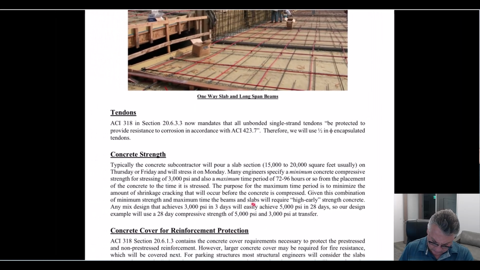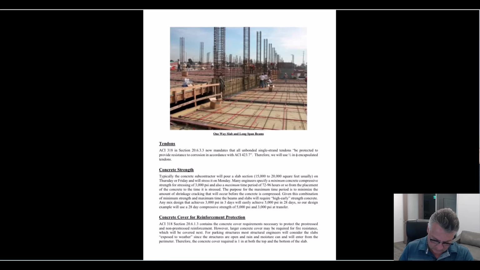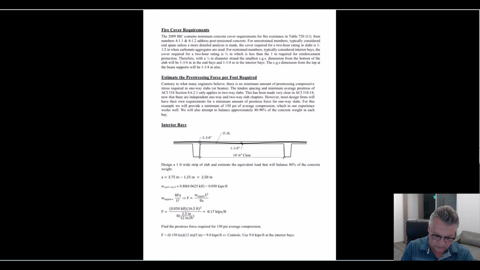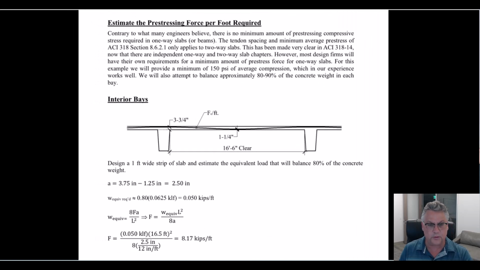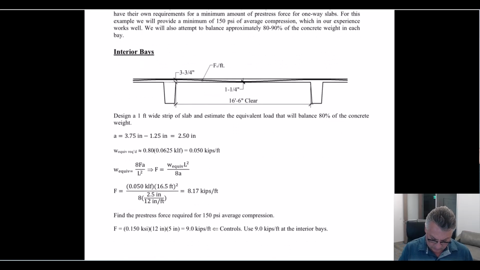So I go into a dissertation here about why we're using 5,000, but I've already explained that we want 3,000 PSI at transfer, and we're going to get 5,000 whether or not we want it or not. I'm talking about the fire protection here, which is what we already discussed in the previous example. So I'm going to kind of blow through the things that my dad already did in his example. You know, I'm coming up with an estimate also